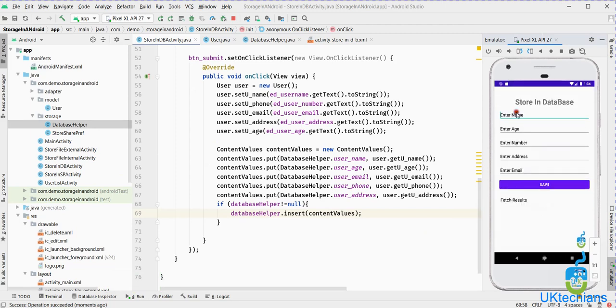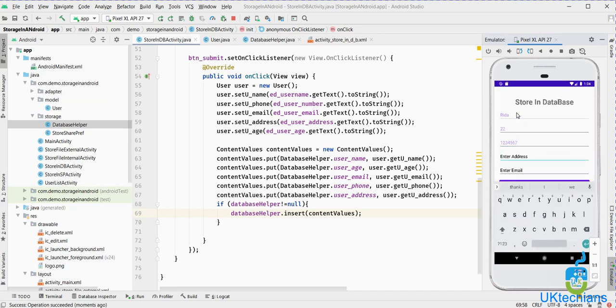Let's see what it will save or not. So let's see what it will return.